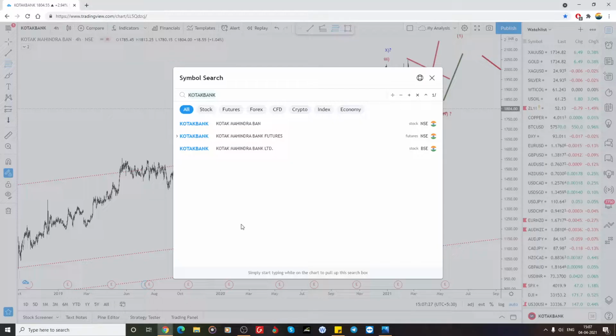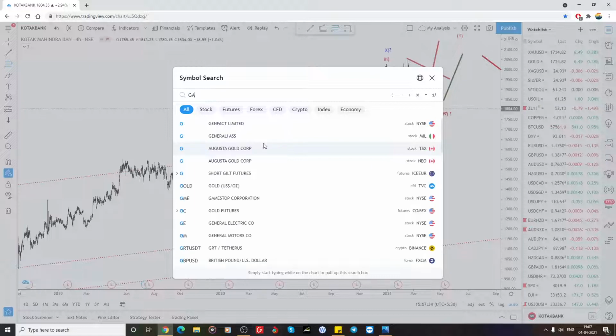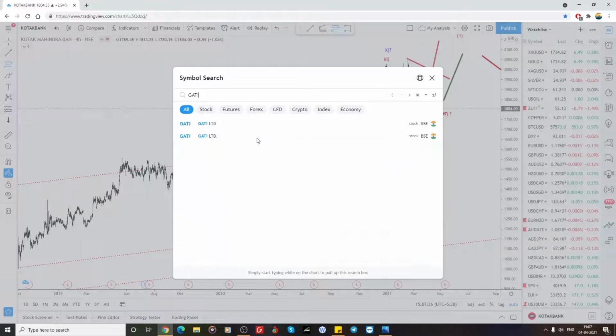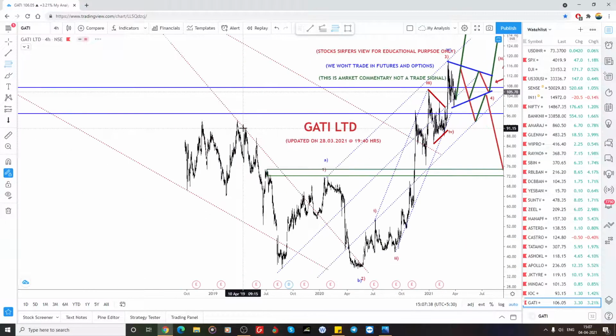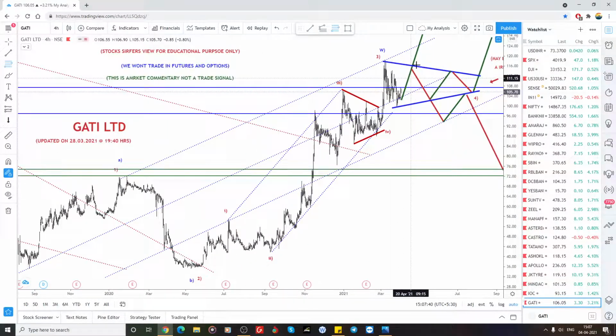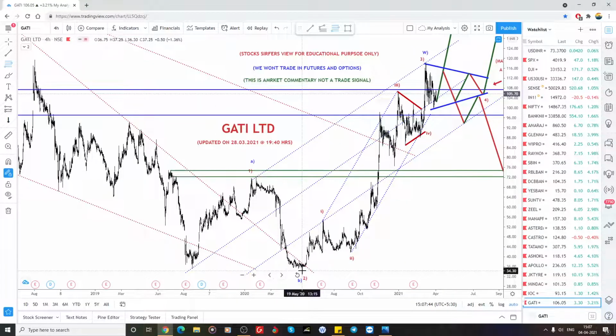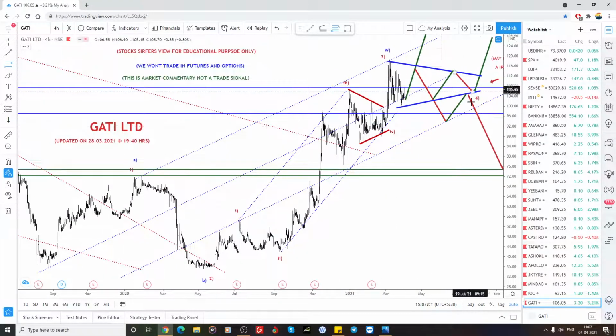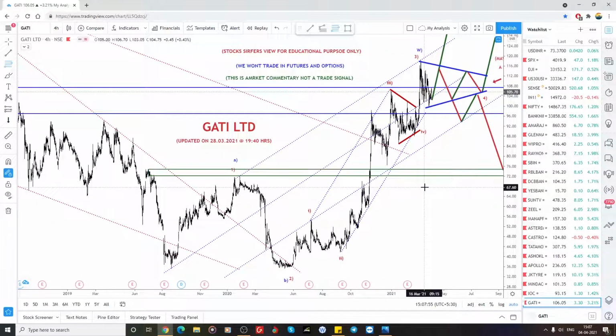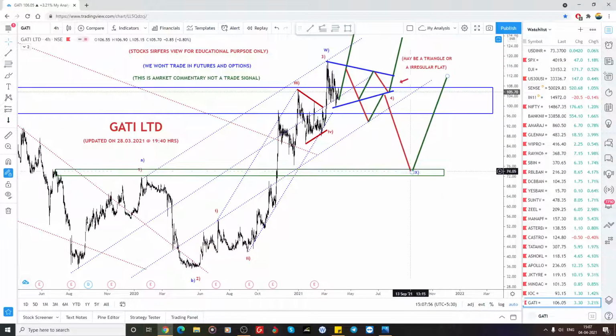So let's move on to a little bit of what we are doing in the extra one, which is GATI. Last week I explained that opportunities are there, the same in the fourth wave. Still the bigger fourth wave is 1, 2, 1, 2, 3, 4, 5. The intermediate third wave is completed here, the bigger third wave. So we are in the fourth wave, or it is a B, C in a W, which means we can expect the 70 zone also.